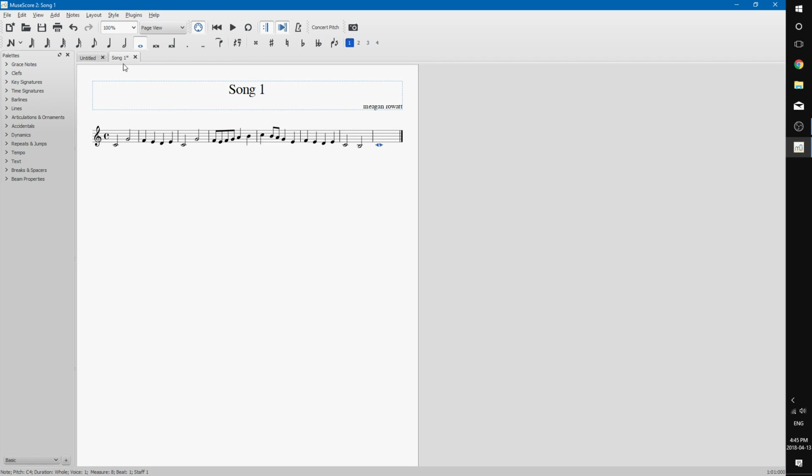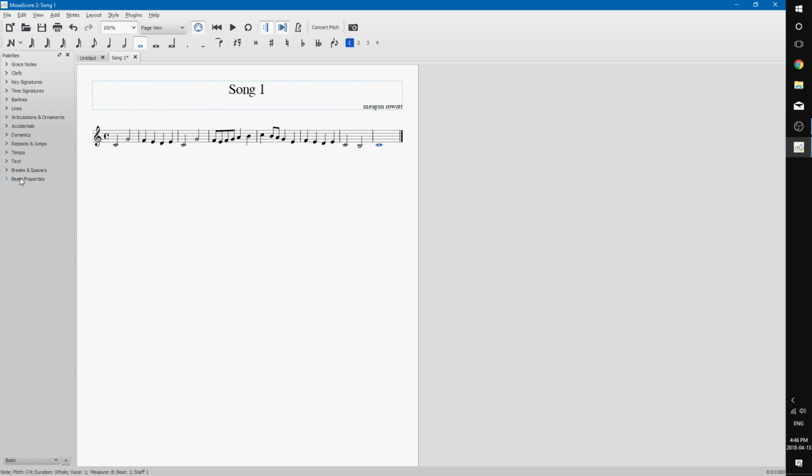And then all you have to do to add other stuff, like you can add dotted notes, you can add ties. I don't have any notes that I would want to tie. You can select your rests from there. So if you want to do a quarter rest, I think you click this, and then it counts basically as a whole rest. Unclick it. You can add sharps and flats,